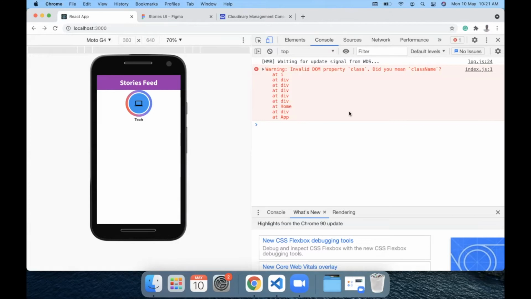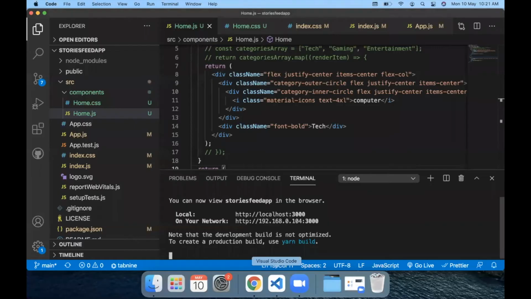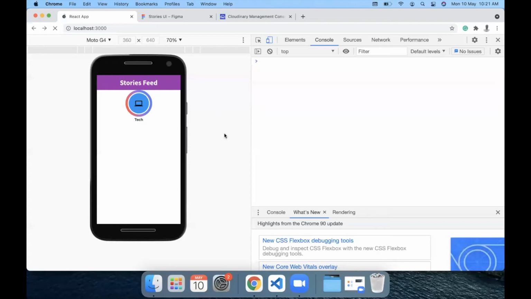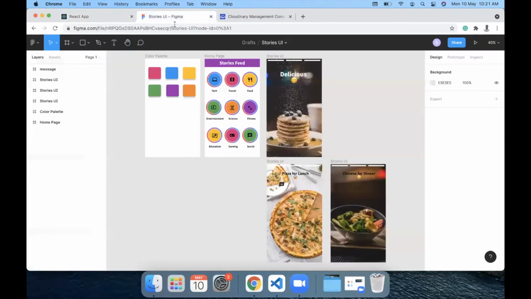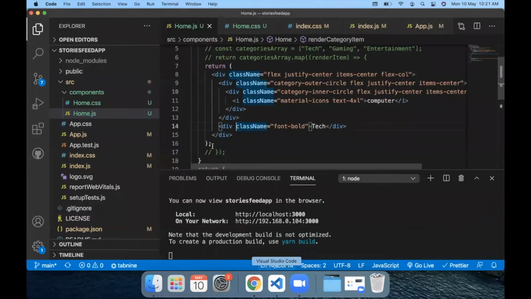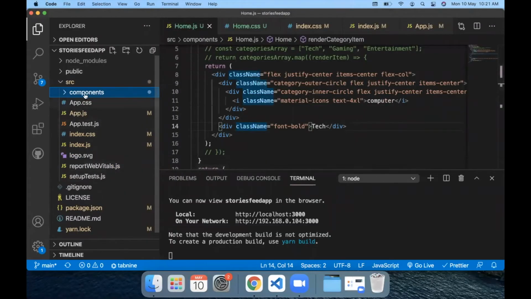Now the first thing that I notice is there is some warning here. So let me just fix that first by adding a class name here. And hopefully the warning is now gone. Now the next thing that we need to do is arrange this in a grid fashion like this, right? So for that we need a JSON in the data source component.